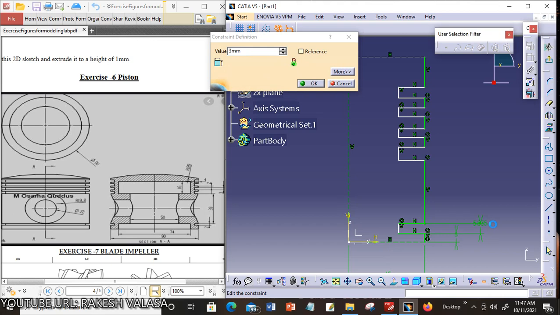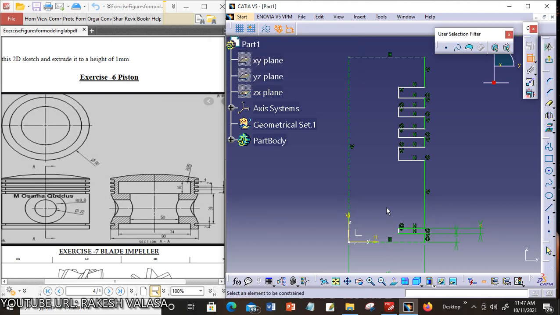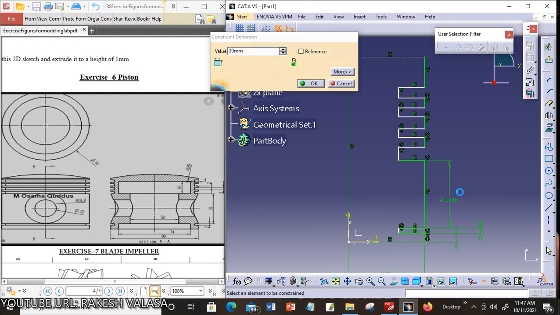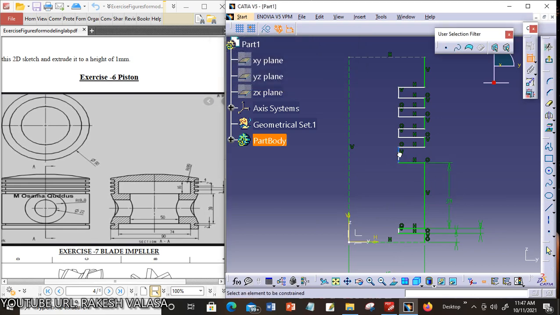This is the 3 mm. Next, this height is 39 mm. Next, this depth is 3 mm. This one is 2 mm.